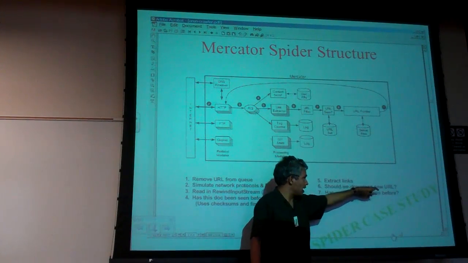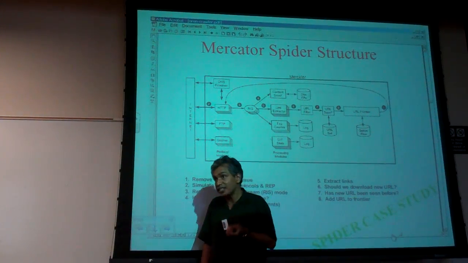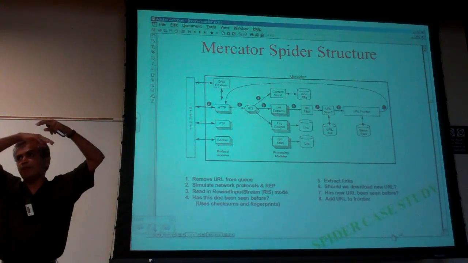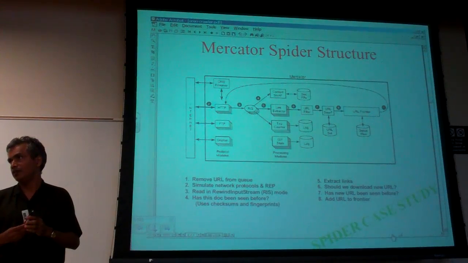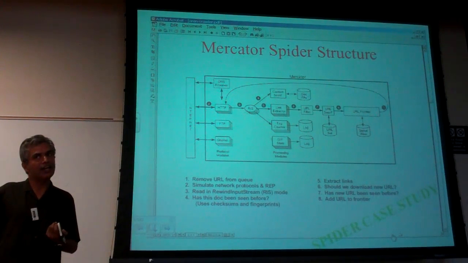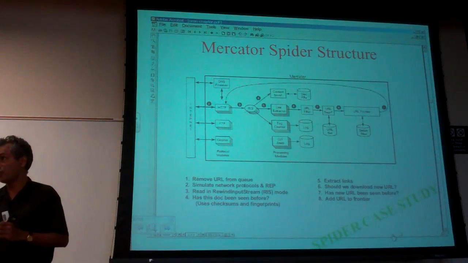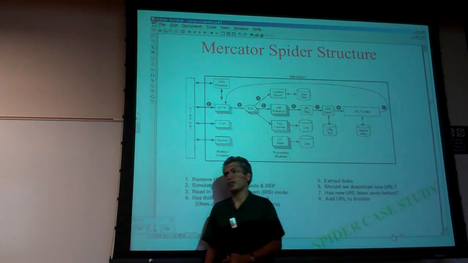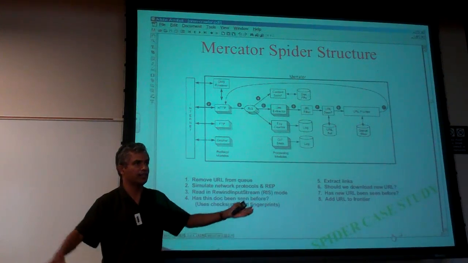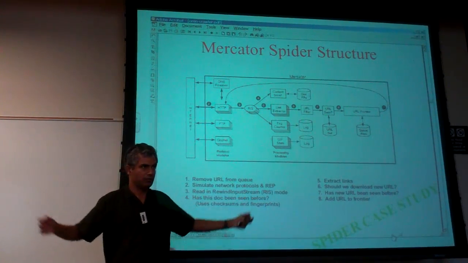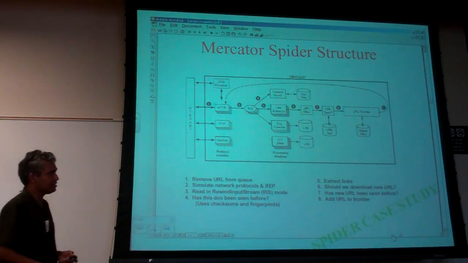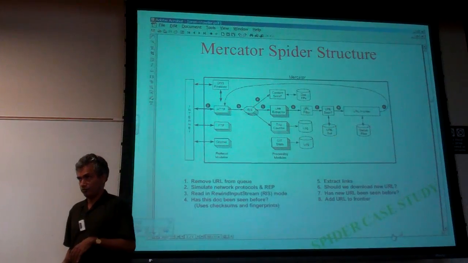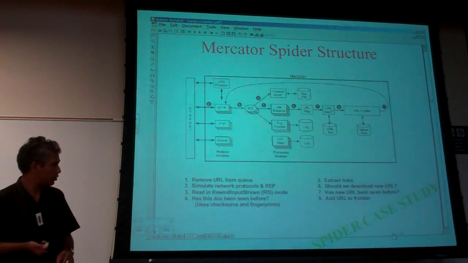And then having gotten the URLs, the question is, has this URL itself been seen before? Because multiple people might be pointing to this URL. If so, then it must already be on your queue, in which case you don't need to put it in. If it hasn't been seen before, then you just throw it to the frontier. Frontier is the queue of all the links that you are about to crawl. So the big question then is, how do I remove a URL from the queue? That's the issue.